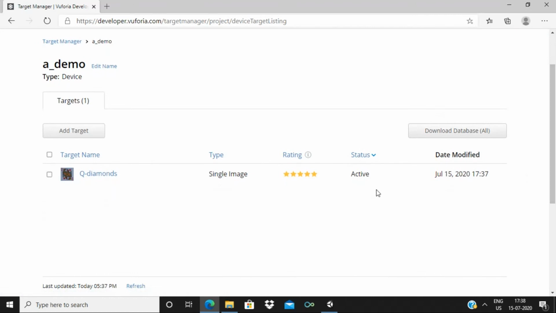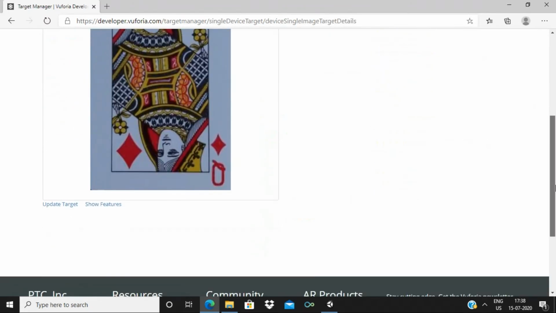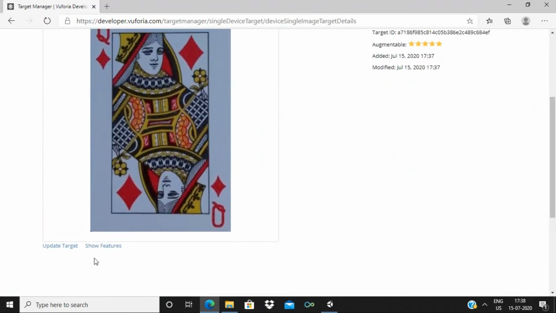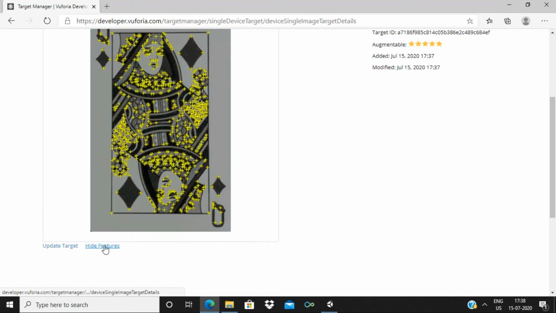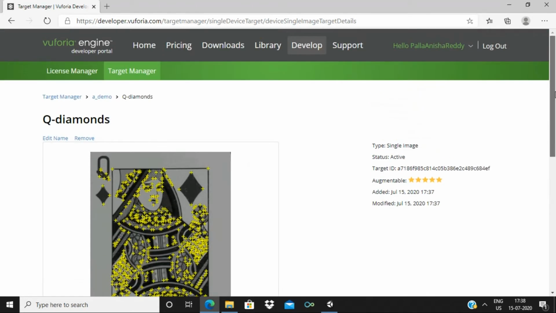As you can see here, they will rate our target also, like how good it is to use as a target. Here you can also see the features of our target, that is what it is going to recognize. See, these are all the features that it is going to see in our target. Go back to the demo,